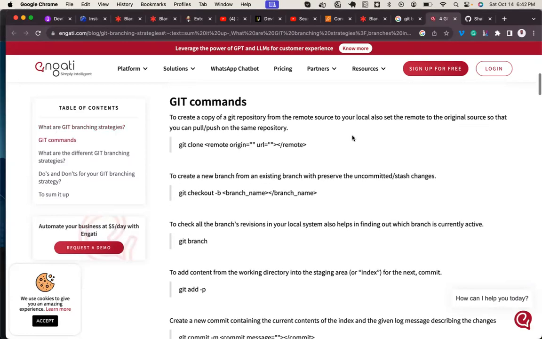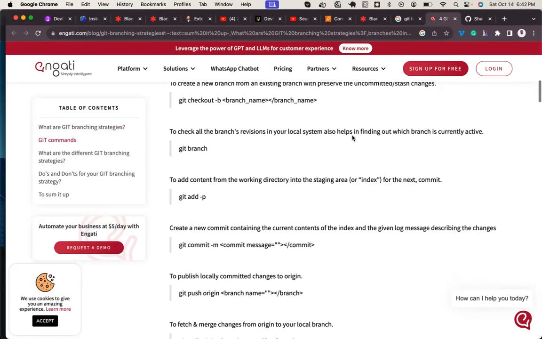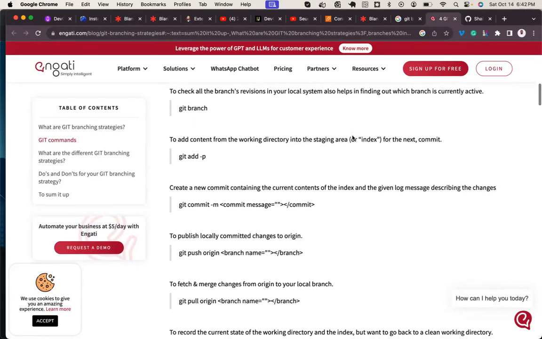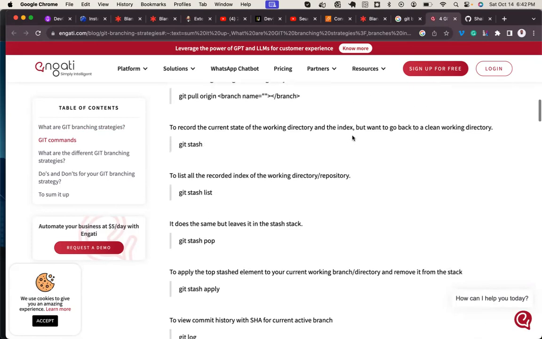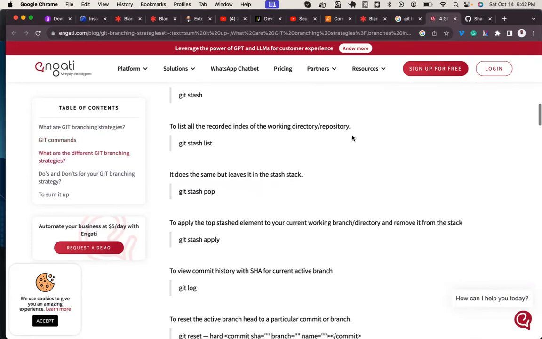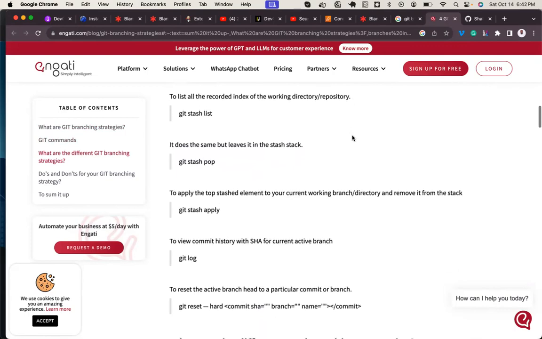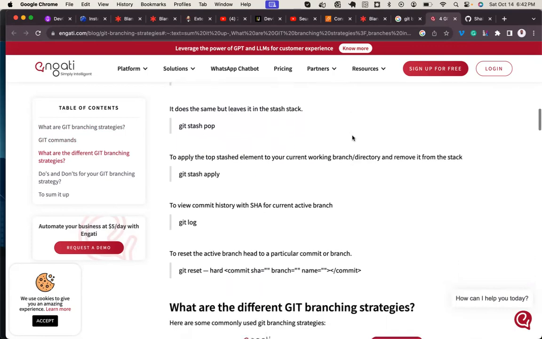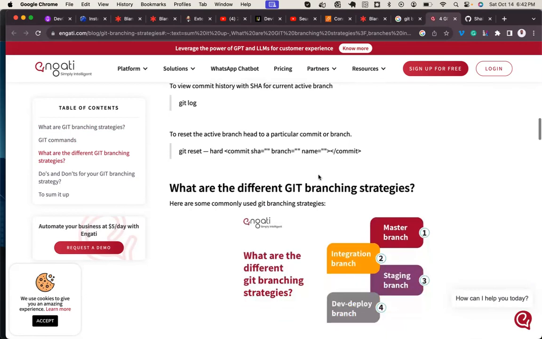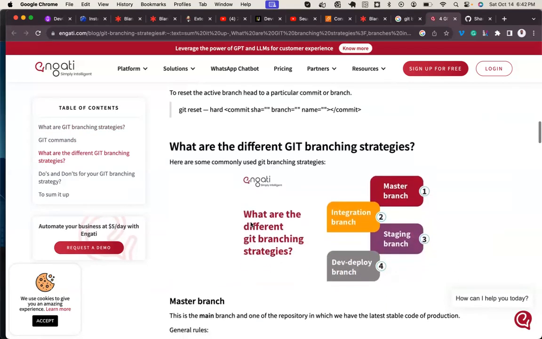Let's check. What are the different branching strategies? Okay, master branch, integration branch, staging branch, dev deploy branch.